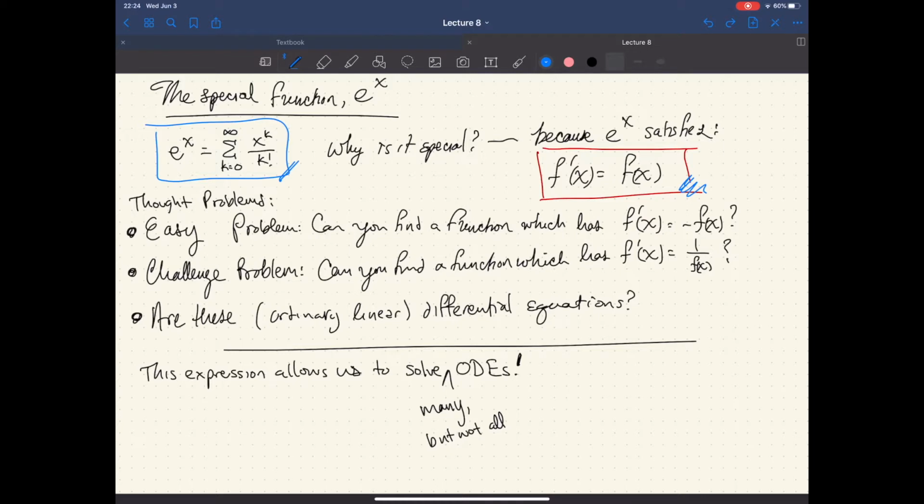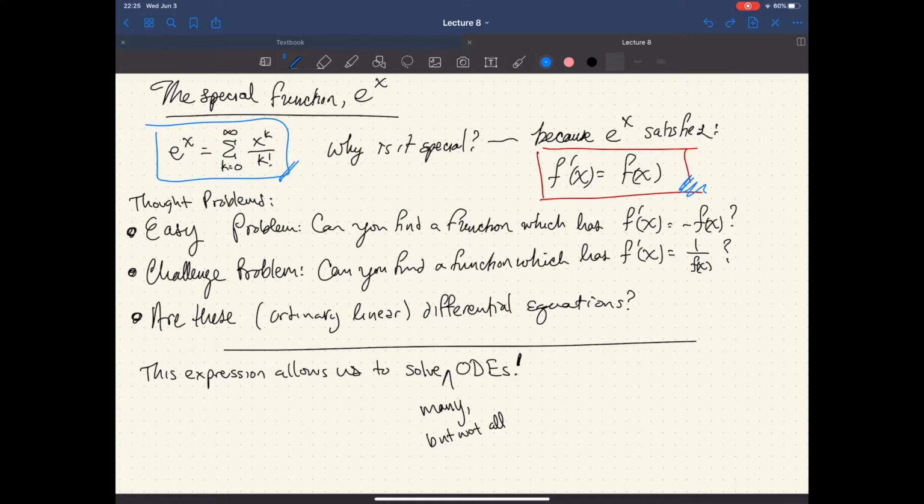All right, so I got a couple little thought problems for you guys here. You don't need to do these as part of a homework and you're not going to be tested on them, obviously, but can you find a function that does this? I encourage you to stop the video and work through this a little bit, have some fun with it. Can you find a function that does this? I'm going to tell you this one is a lot harder, and it also involves the golden ratio as kind of a hint. I saw a neat video on this the other day. I had never really thought of it, and ran across it and thought, oh, that's a really, really cool problem to try to do.